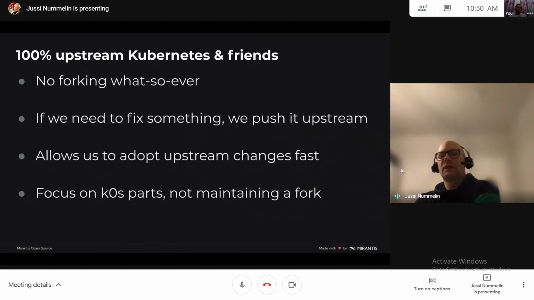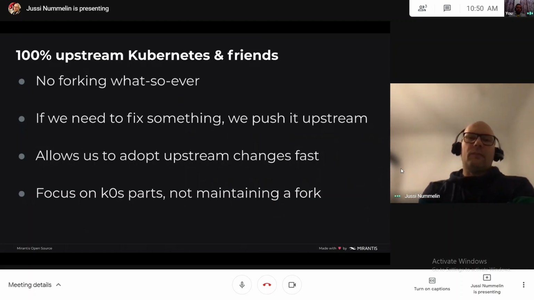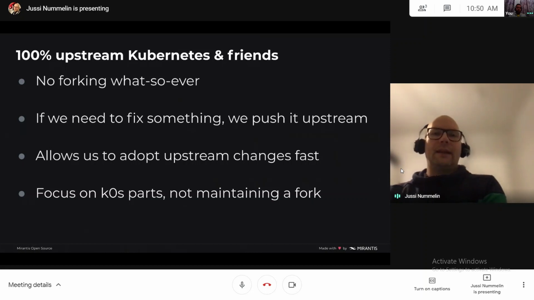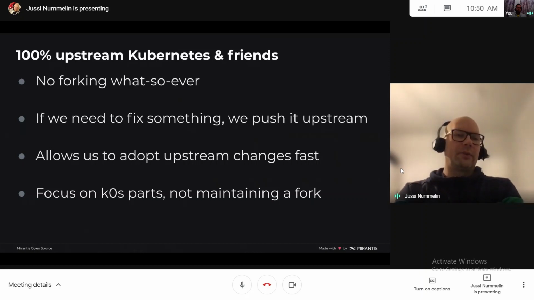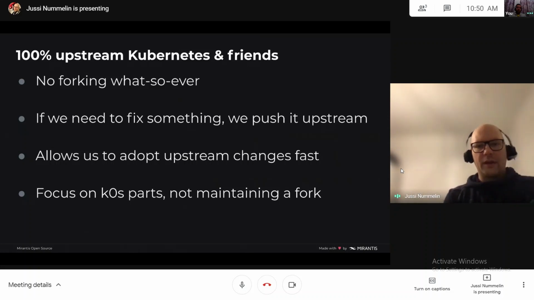As I already mentioned, all of the Kubernetes stuff that we bundle in is 100% upstream stuff. So we don't maintain any forks of Kubernetes or any of the related components. If we need to fix something, we push it to upstream.